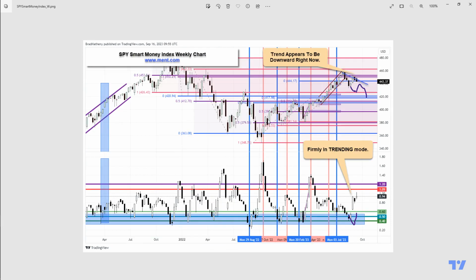And the smart money index has moved into trending indication. I believe we are in a downtrend. This is a weekly chart. We need to see how this plays out, whether this holds up. If we get any type of upward activity, we're probably going to retest this level, because I think we're darn close to exiting this trend.